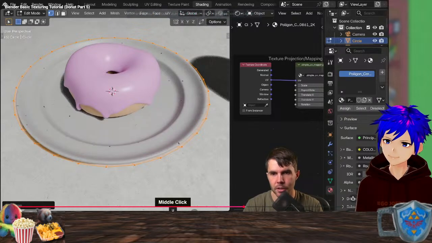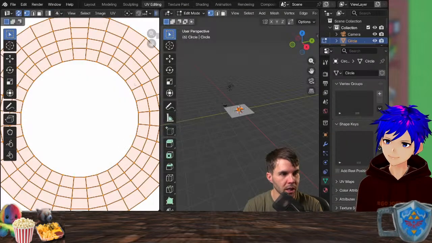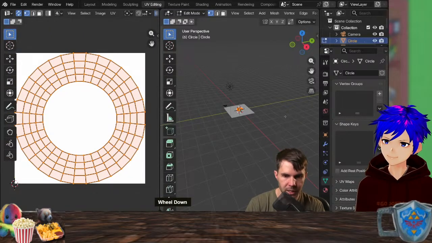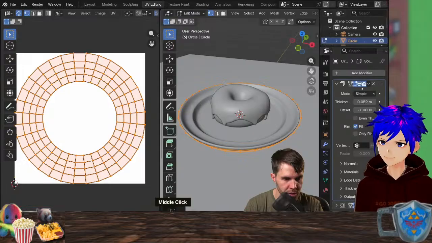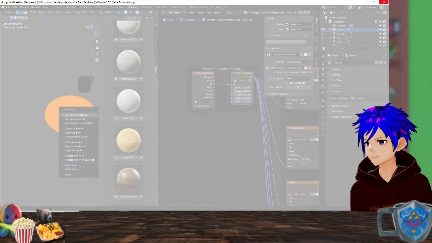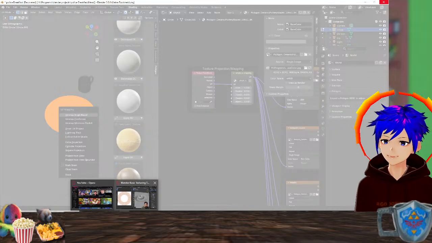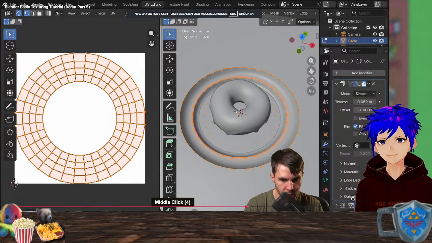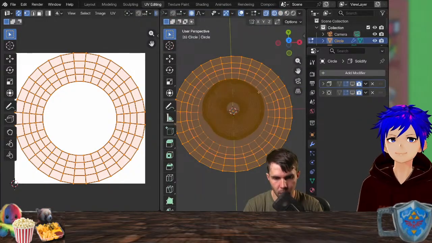So what did that actually do? If you go to your UV editing tab at the top of your screen there, just click that, you will see, and let's focus on our object. So number pad right there. Thing kind of froze. Just turn this off so we can see the mesh underneath it, and this one as well. And let's look at the wireframe.